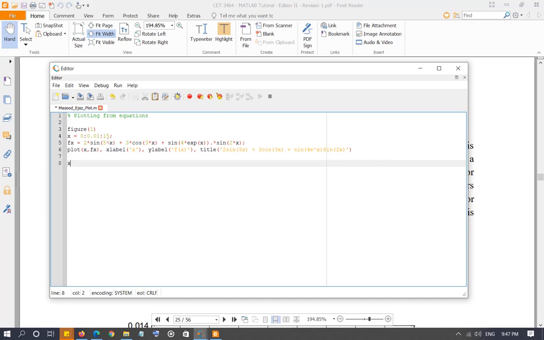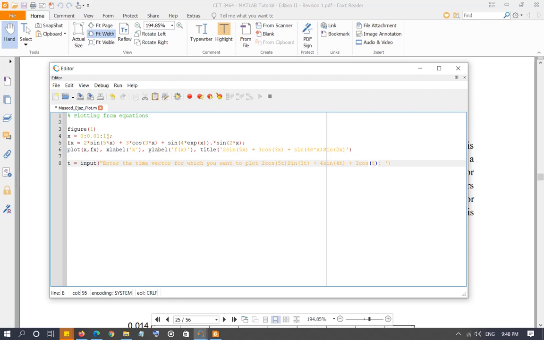Let's say 2 cosine 5x sine 3x plus 4 sine x. Oh, since we are asking for t, let's go ahead and do t over here, just to make sure that the user sees that they are entering a time range, so it's better to have the variable t. 4 sine 4t plus 3 cosine 5t. Let's assume that we want to plot this function, and we ask the user to enter,